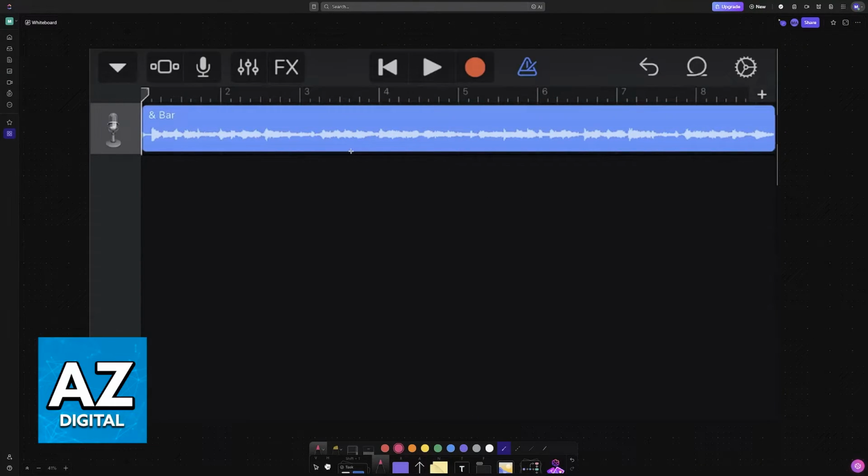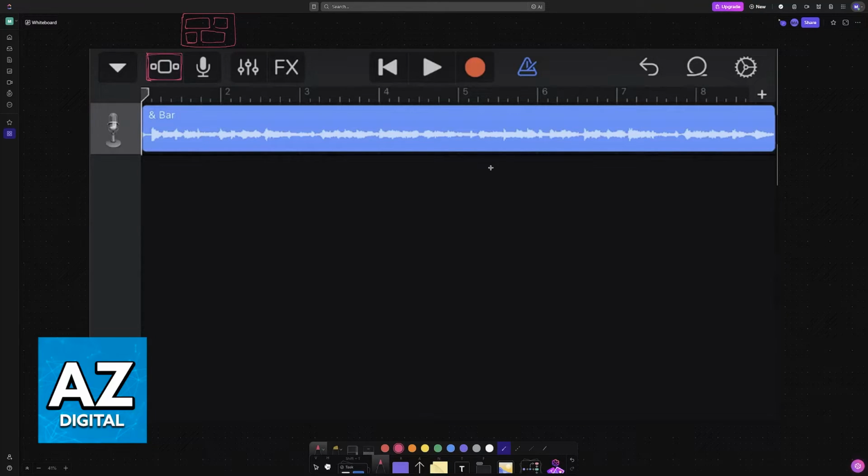Inside of GarageBand, you will have to go into the timeline. Usually you will be tapping this button right here. Even though the icon might be different, you simply have to go into your timeline. Usually the icon is just a bunch of rectangles together. This takes you into the timeline, so tap this button first and access the timeline.